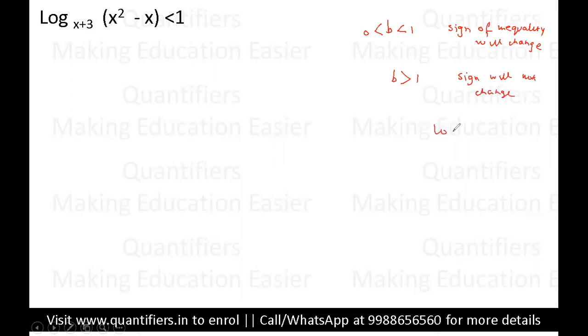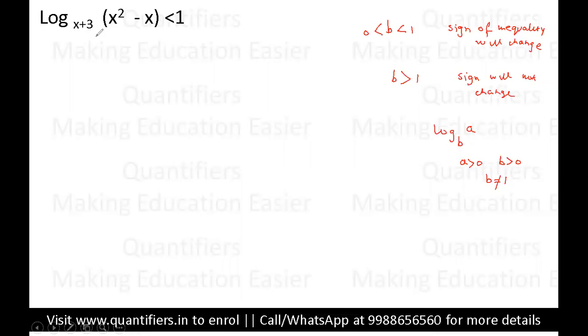And I hope all of you are aware of basic property of log. Let's say it is given log of a to the base b. You just need to know that a will always be positive, b will always be positive. Both a and b should always be positive, and base can never be 1. Now students, let us move on to the question.